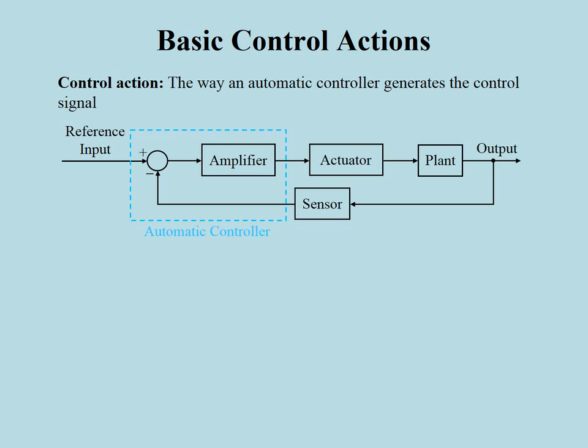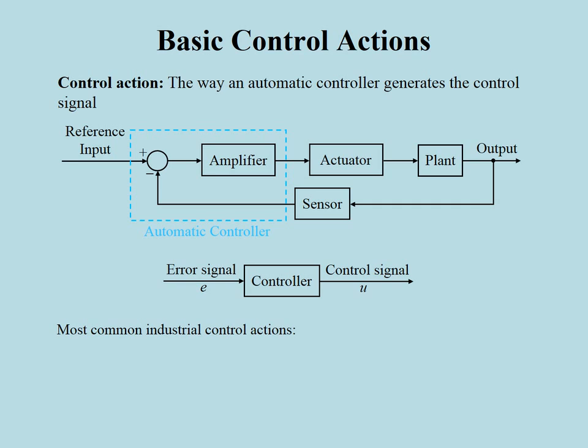A simple automatic controller can compute the error signal, that is the difference between the reference input and the actual output, and then amplify it to generate the control signal to be fed to the actuators. A component that prepares the error signal is indispensable in a feedback control loop. But the control signal can be obtained from this error signal not just by an amplification, but in many different